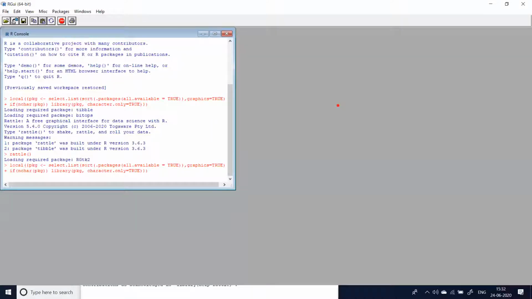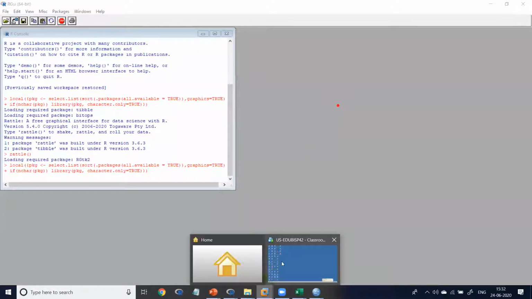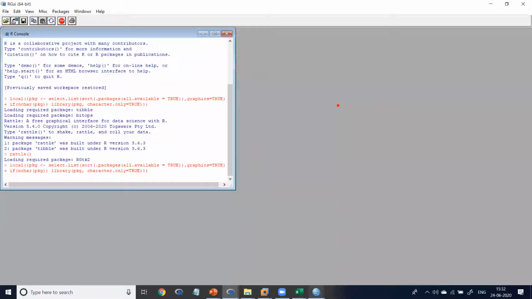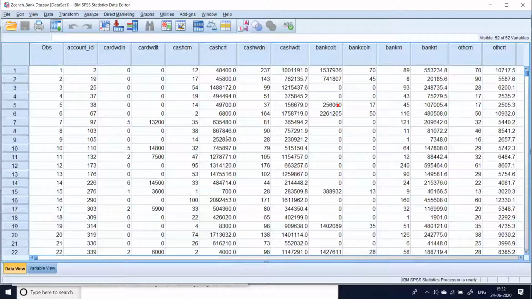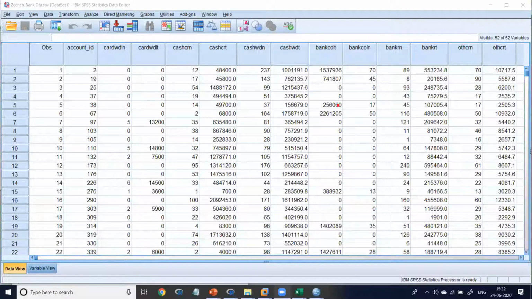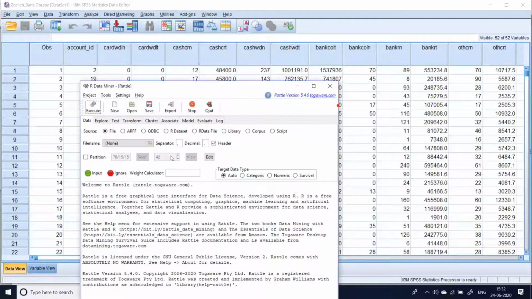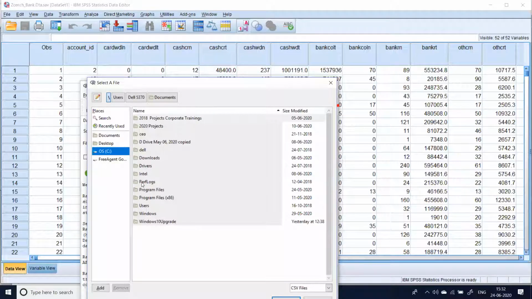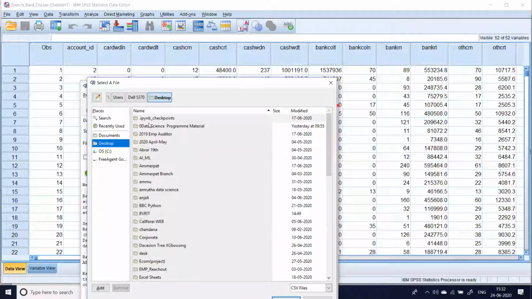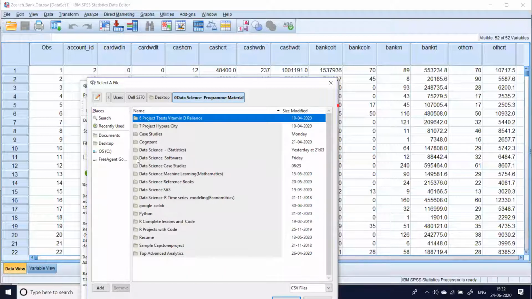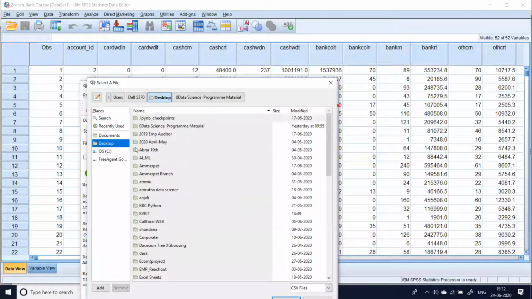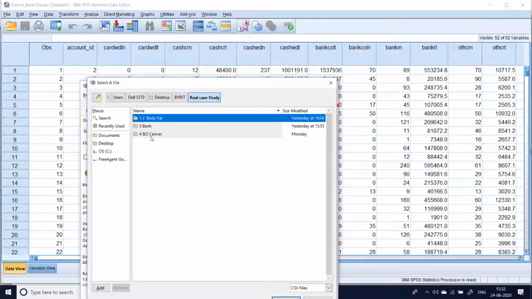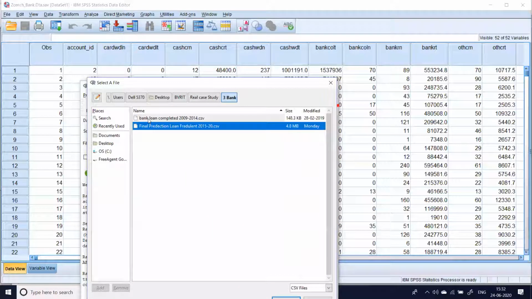Today is a big challenge for me. JMP tool, the same data. SPSS, the same data. And R Rattle, desktop, BVRIT, case study, bank data, complete.